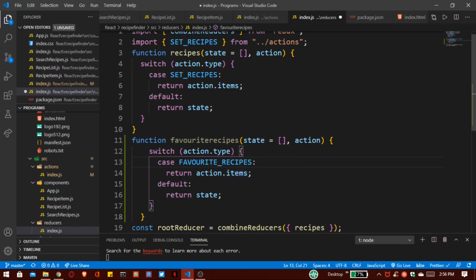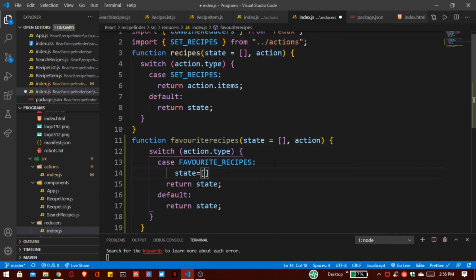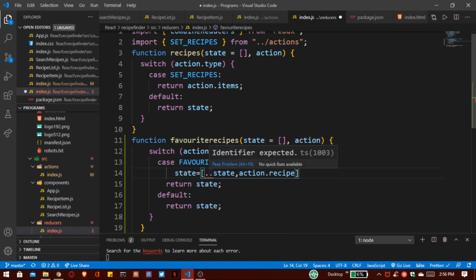So inside this we have to get our state first, and then return that state. We have to initialize that state first. So here get this state first, and with our action recipe, so I write here action.recipe, and make sure there are 3 dots for copying the items.